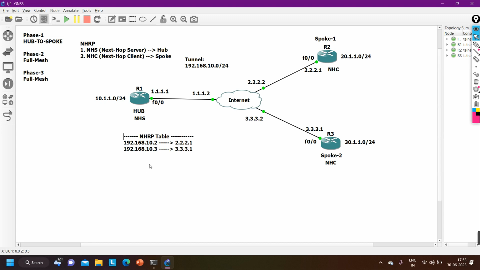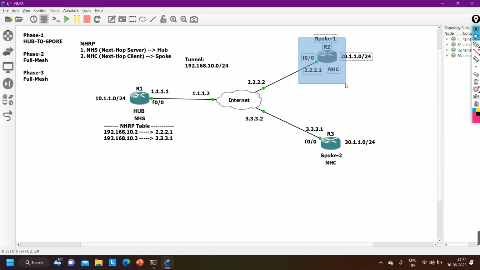So who has registered their IP address? All branch offices. All branch offices will register their public IP address and tunnel IP address to the server, to the NHS, right? So now the question is, who will tell router 2 who its NHS is? You will configure the IP address of the NHS on the branch router, on the spoke router, on router 2 and on router 3. I will configure that your NHS is